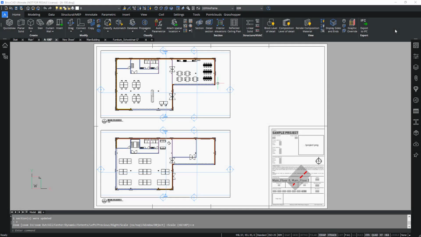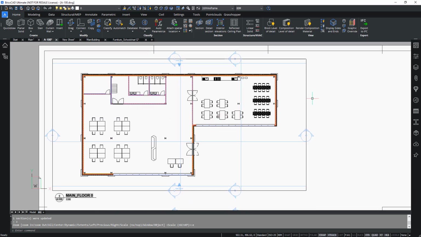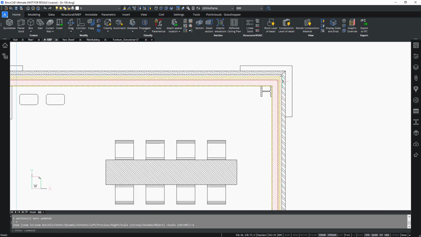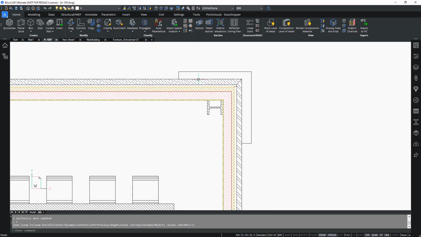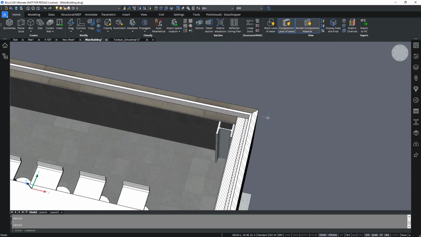Updating section patch patterns. When changes are made in the 3D drawing, these changes can be easily updated in the 2D section result. Let's take this drawing, for example, A100, and check out the created plan view on main floor 0. If we zoom in at this corner, you'll realize that there are several different hatch patterns in this section. Let's go to the main building.dwg. Let's go back to this corner